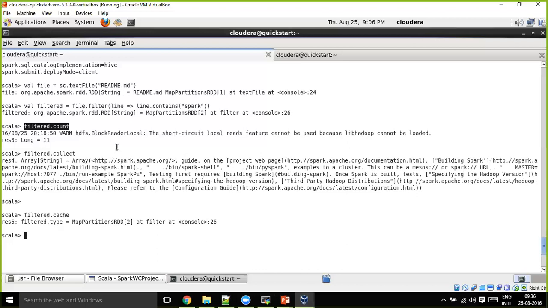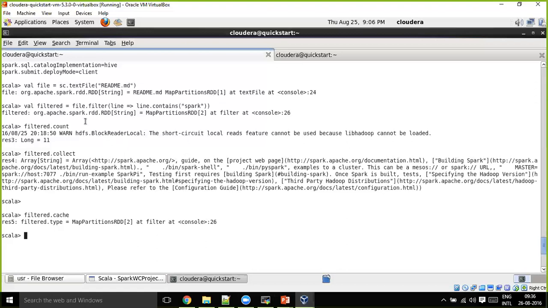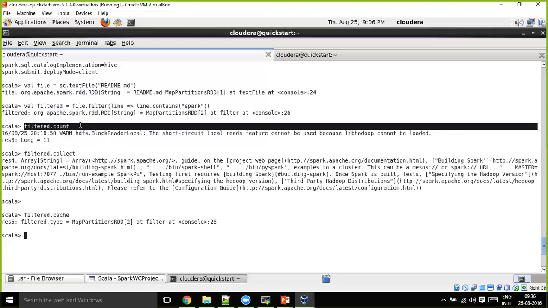Yeah, that is what he asked, Mamta. I think you didn't get his question clearly. He is not worried about the previous operations. You didn't get the question properly. During the count operation only. When you trigger the count operation, it loads data into file, and the file filter will get loaded.